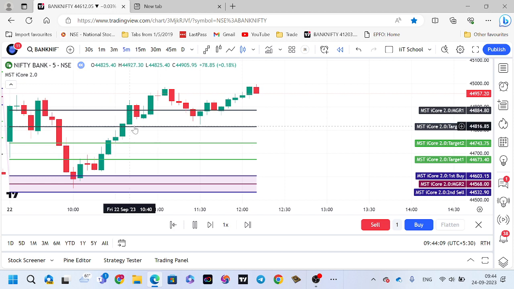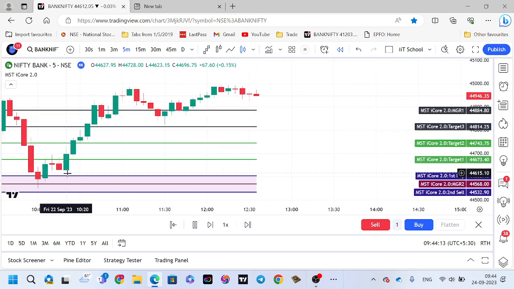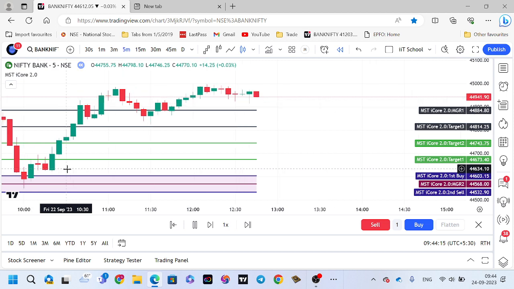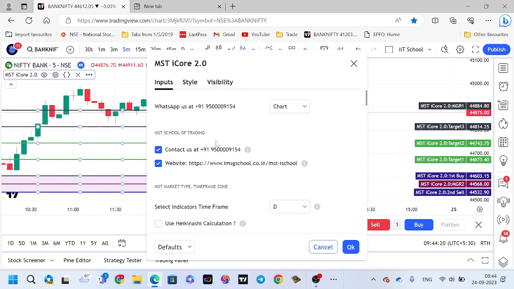All the candles are very giant candles, right? It is having high buy pressure. So that is one indication that the market is going to the upper side. And another one,